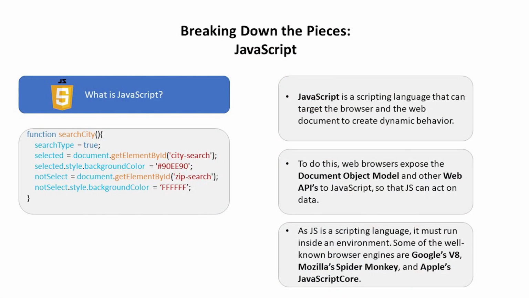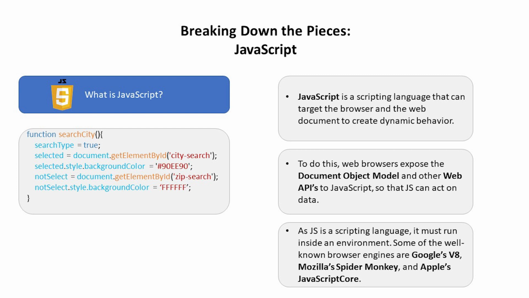And JavaScript. JavaScript is the scripting language that can be used to target the browser and the web document to create dynamic behavior. The way that JavaScript does this is web browsers expose the document object model, or the DOM, and other web APIs to JavaScript so that JavaScript can act on that data. So